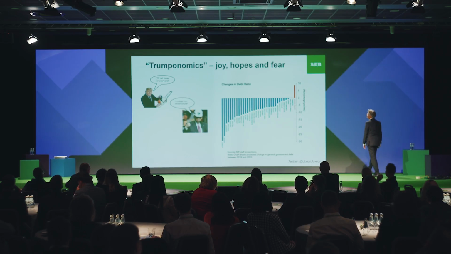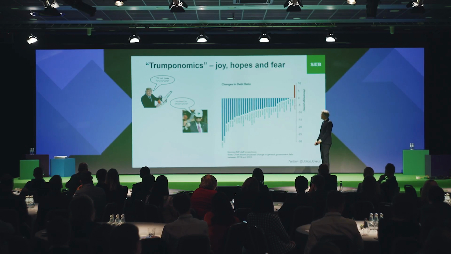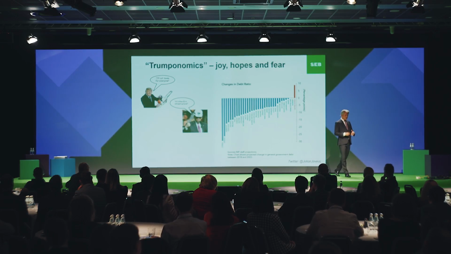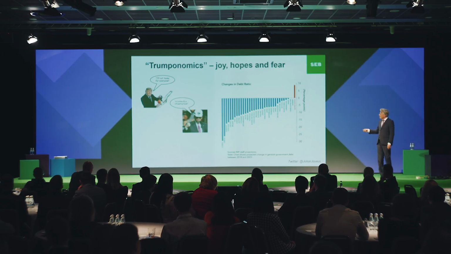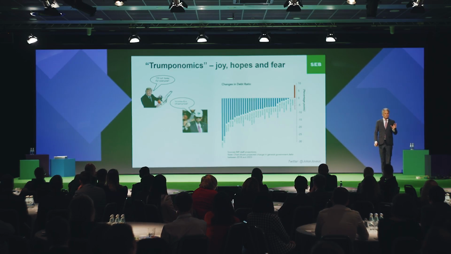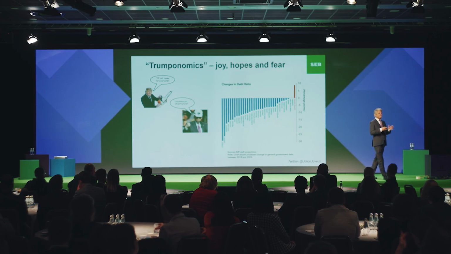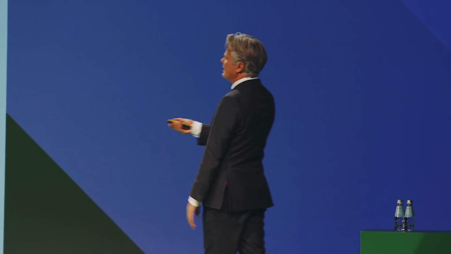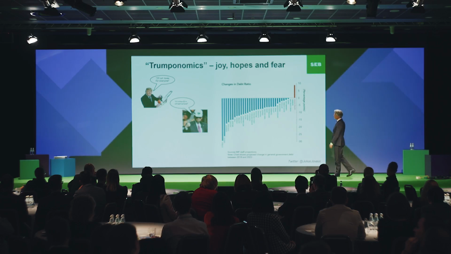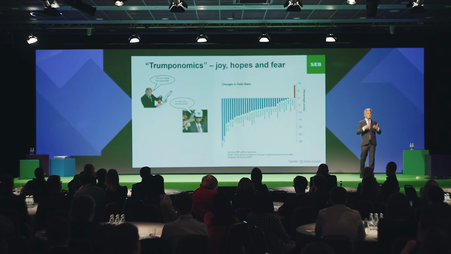The second pillar of Trumponomics is in infrastructure investments, and Donald Trump likes to build things, and so far this has not delivered a lot. Actually, it's delivered very little. And the problem here is structural, because investment decision in infrastructure is not taken at the federal level. It's taken at the very lowest local level in the US. So the federal government has very limited power over that part of the economy. Both these measures are good in terms of that it generates growth, not just in the US, but also elsewhere.